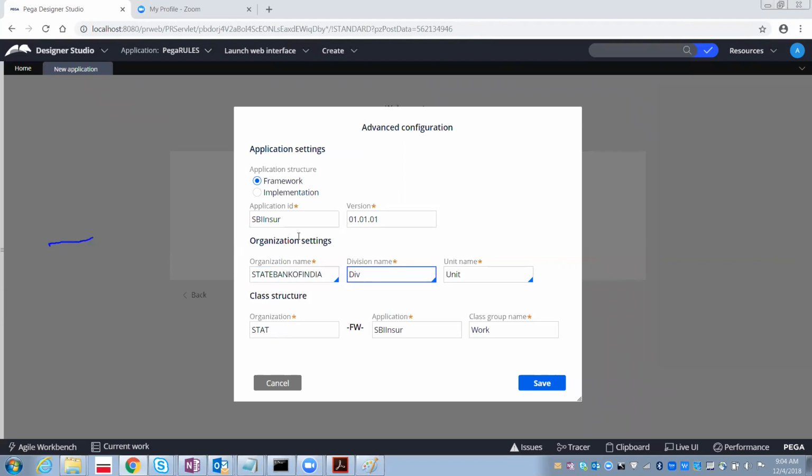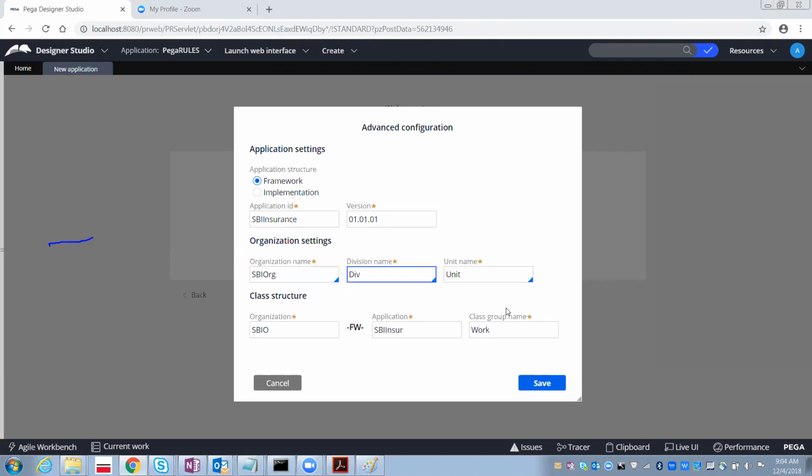So the application name I am giving is SBI Insurance, organization name State Bank of India, and for easy understanding we will give the simple words SBI ORG.